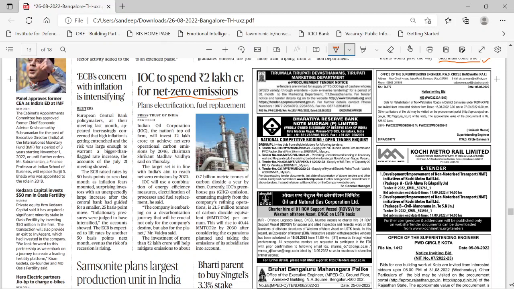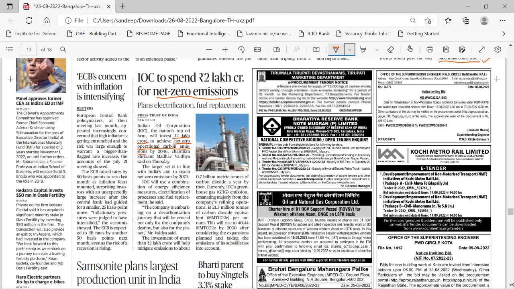You will also have some energy loss, and gases like carbon dioxide and sulfur dioxide are released into the environment. Now, IOC is trying to say that we will spend 2 lakh crore to achieve net